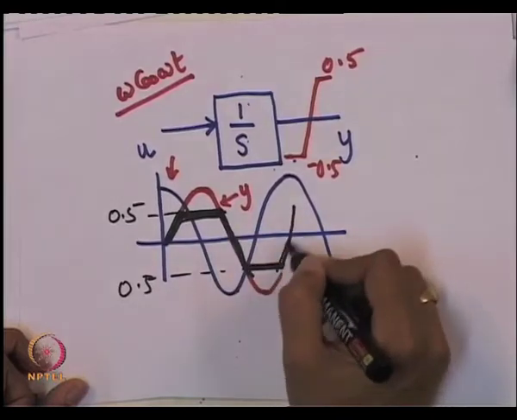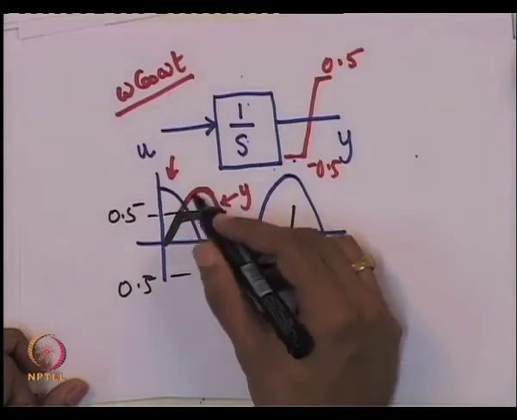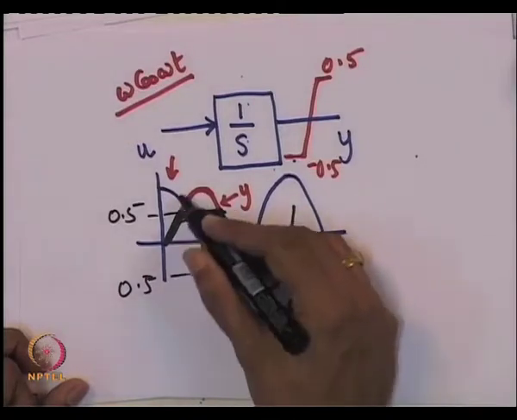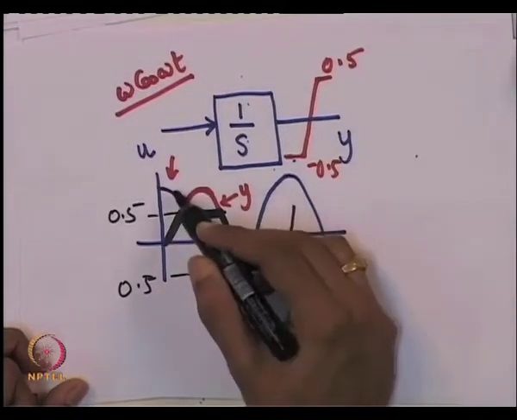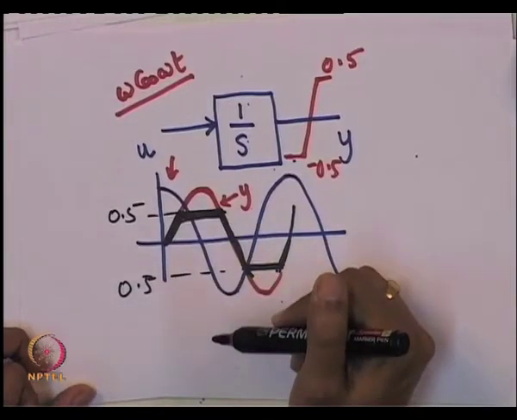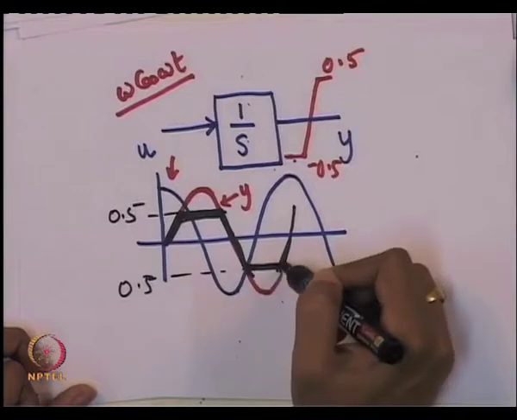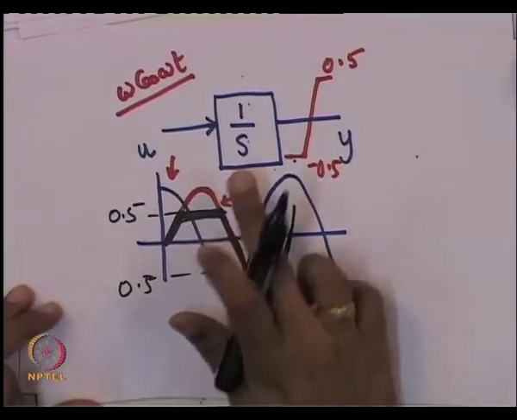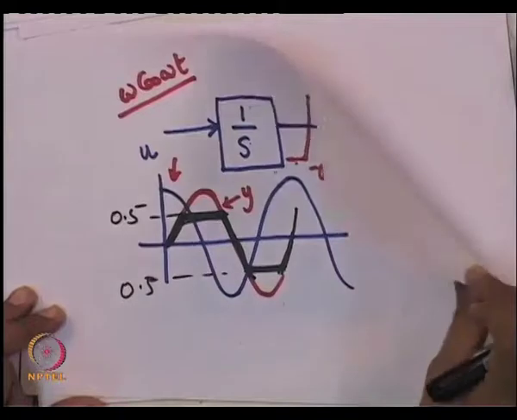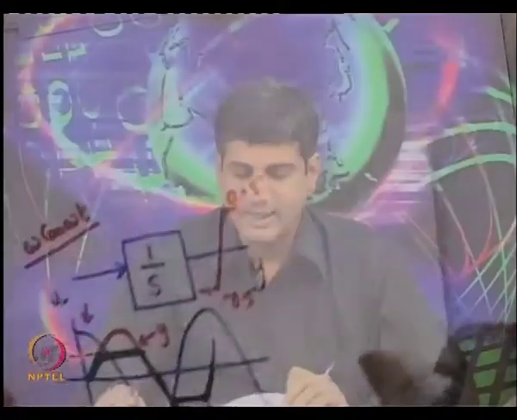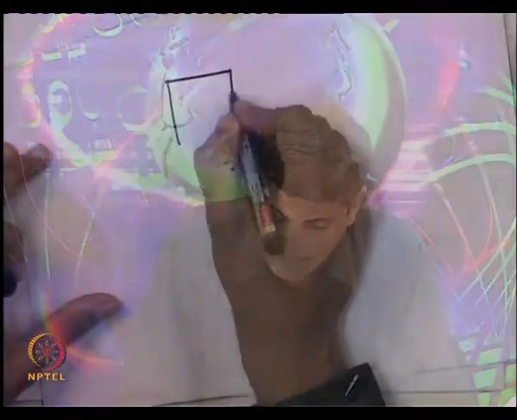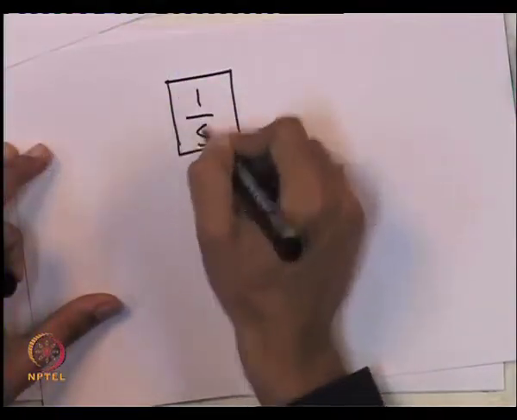So, what you see is the integrator does integrate, okay, as per its rule. So, the red curve is what you get simply by integrating omega cos omega t. Okay. But what you get at the output is a clipped version of this. Okay. The integration operation itself is not affected. Now, if you on the other hand try to integrate in the presence of a hard limiter,